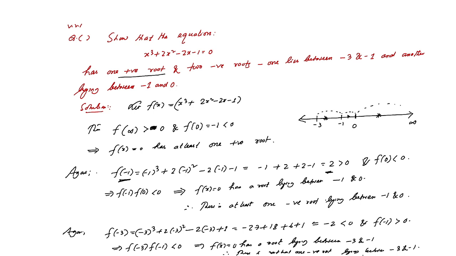So we have the equation, the degree of the equation is 3 and we have got 3 roots. One is positive, the other two are negative real roots. One lying between -1 and 0 and the other lying between -3 and -1. So we can conclude,